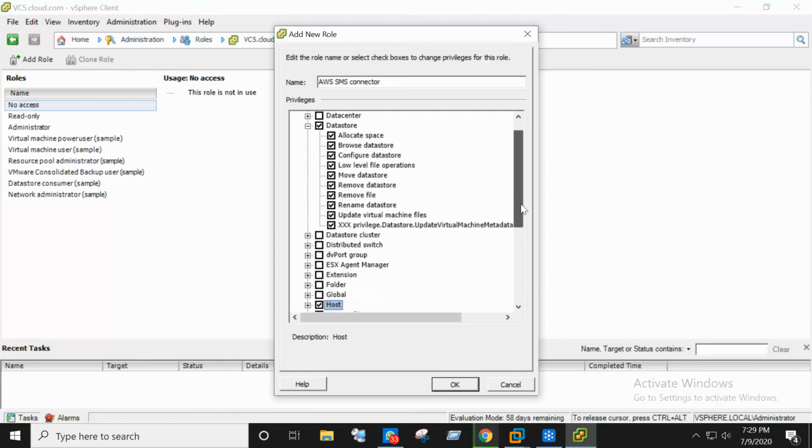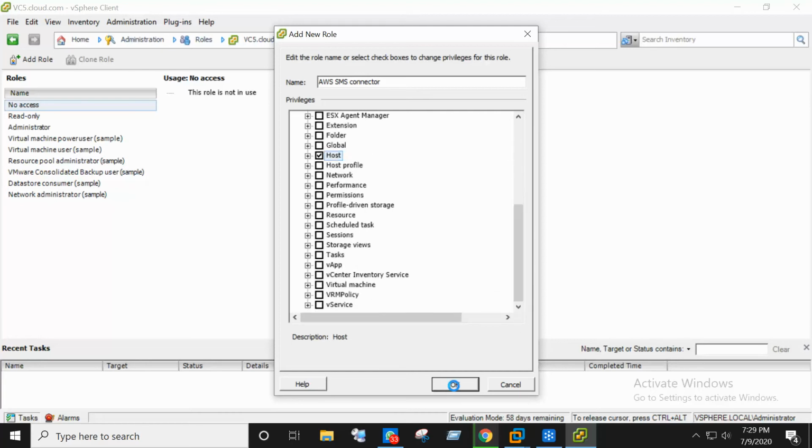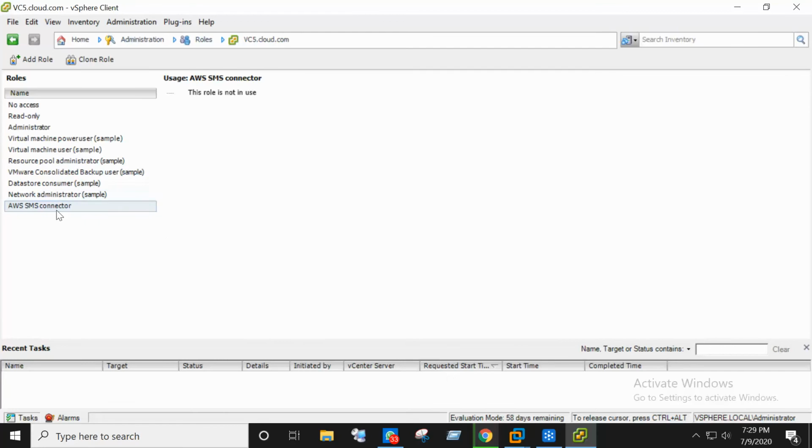So let's save it, and we want to add a new user to this role. So we want to create some user to add to this role.